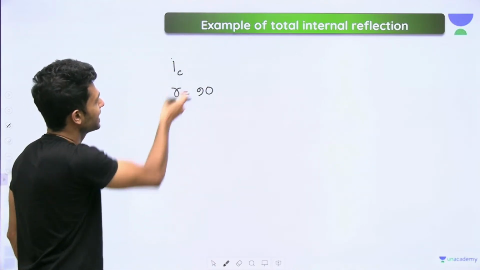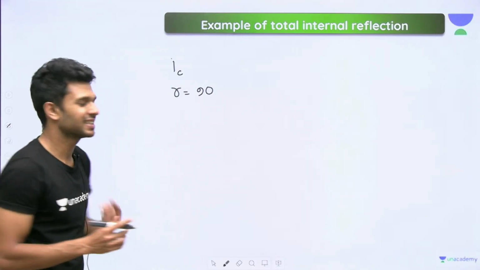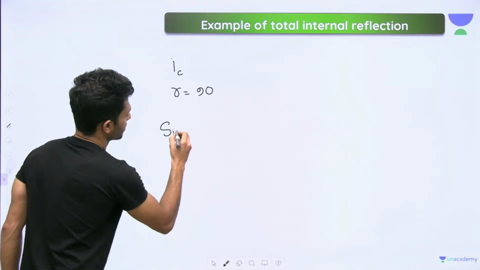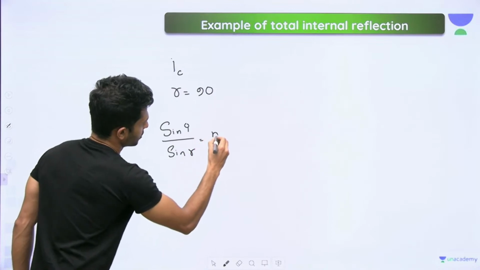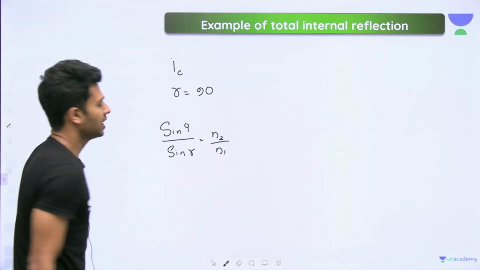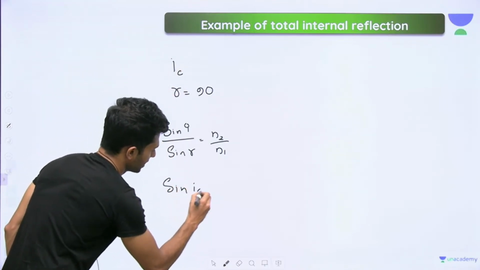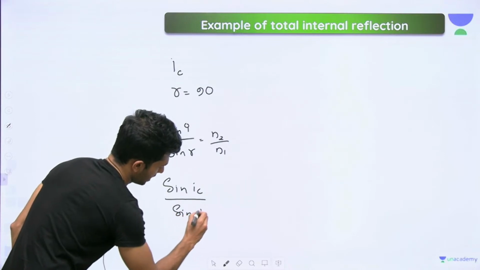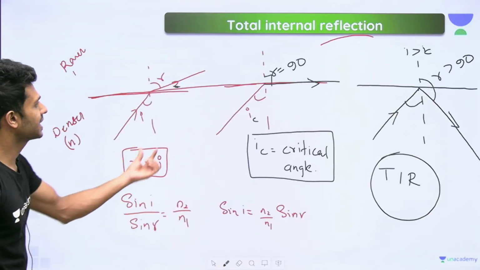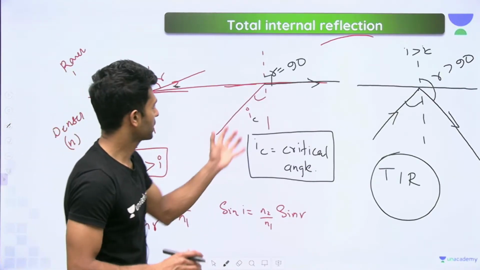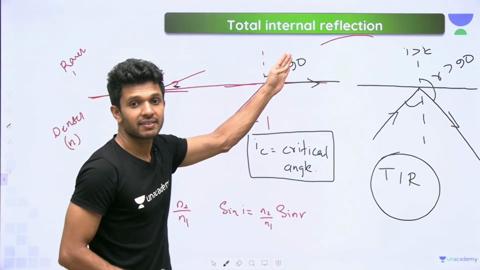If you want a relationship between the angle of incidence and the angle of refraction, we have Snell's law: sin i divided by sin r is equal to n2 divided by n1. Here the i we are taking is the critical angle, and r is 90. Let us have a clear idea about n2 and n1. Sin i by sin r is equal to the refractive index of the second medium